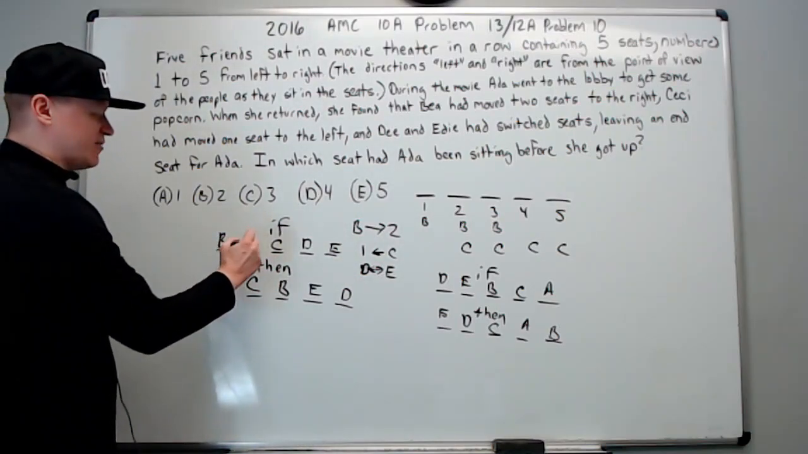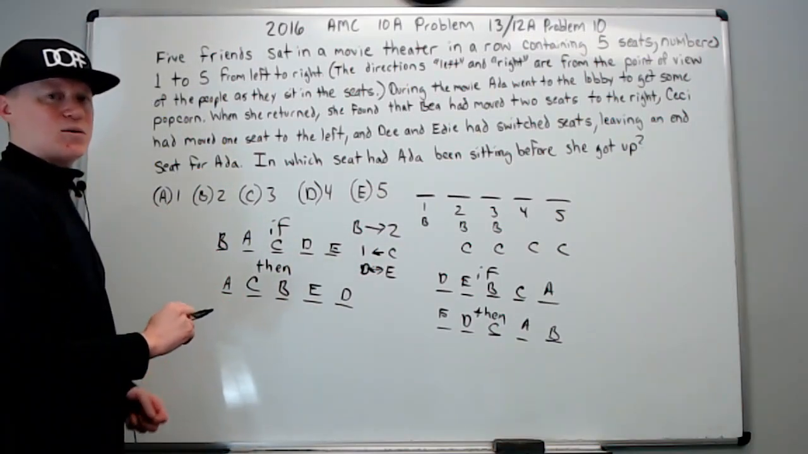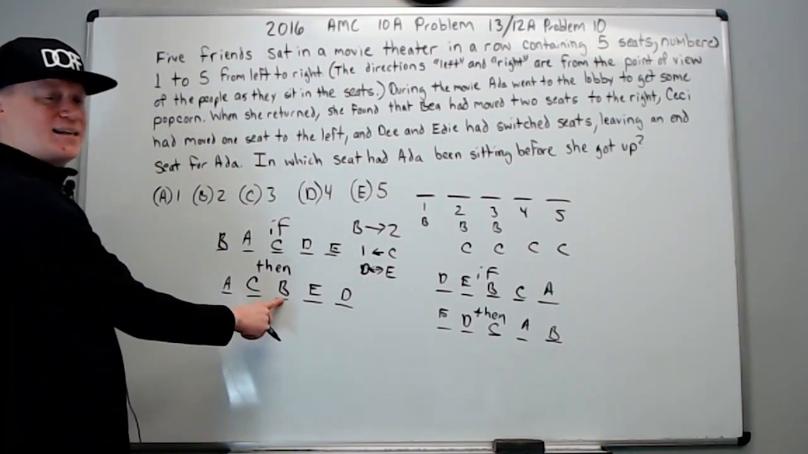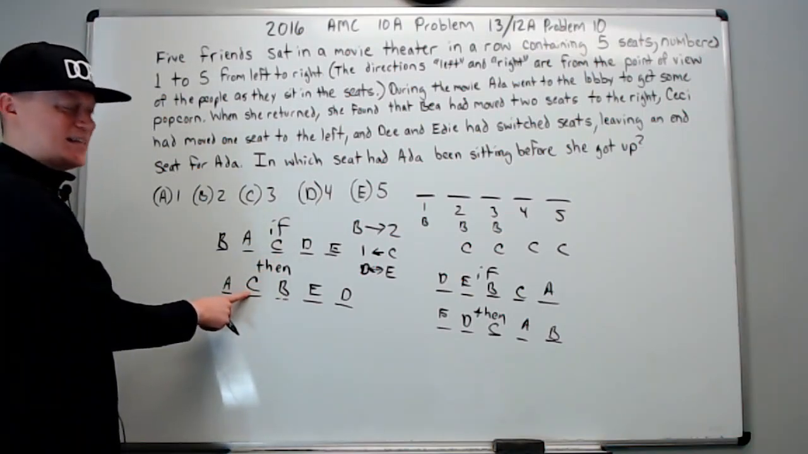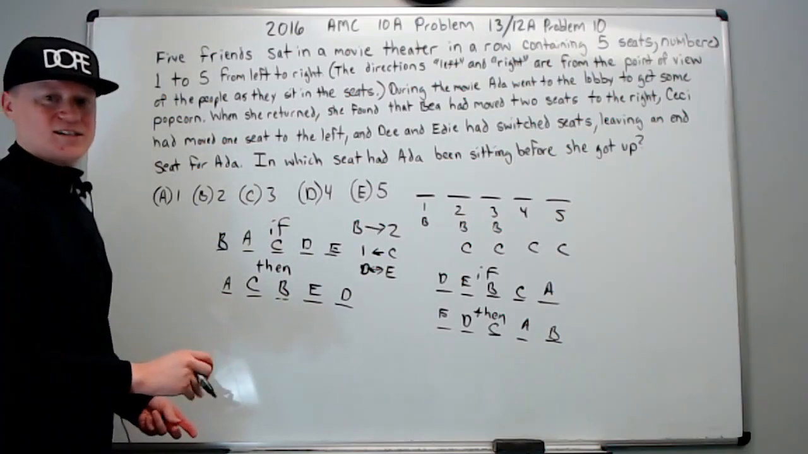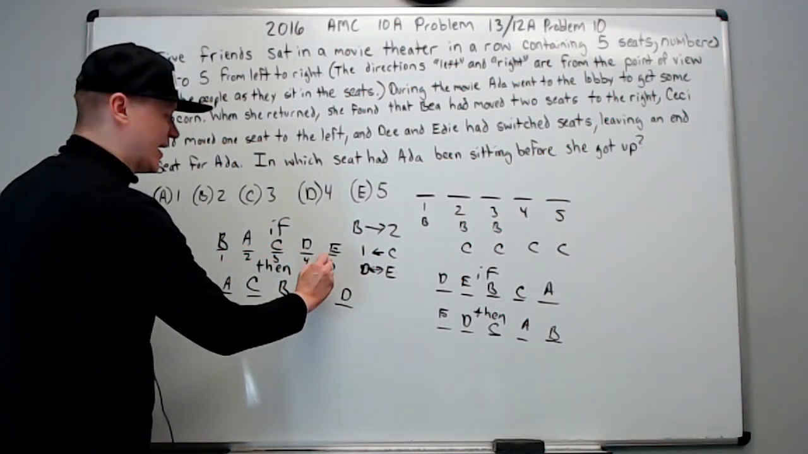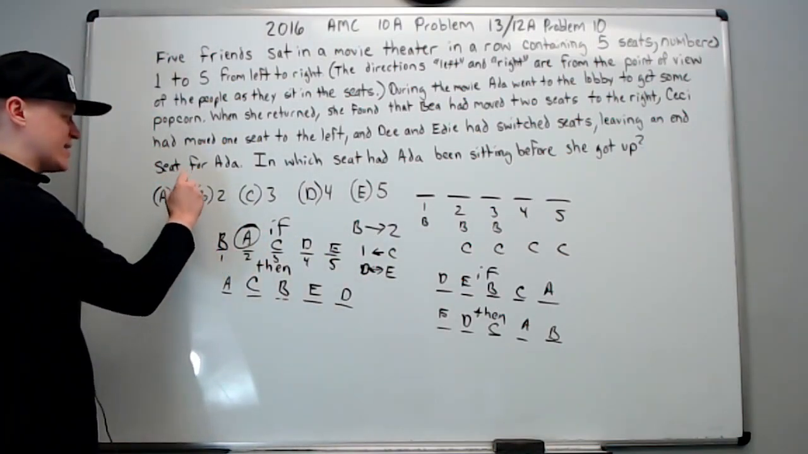That means A could have been in the seat. Now, does this violate any of the things that we were told? Did B move 2 to the right? Yes. Did C move 1 to the left? Yes. Did D and E switch spots? Yes. Then this works. And we don't really need to check other answers to know that A was in seat